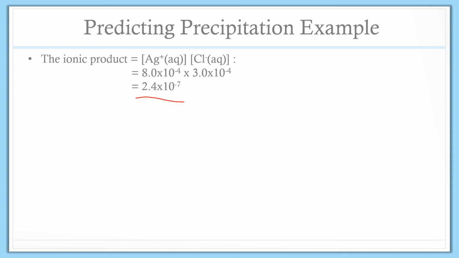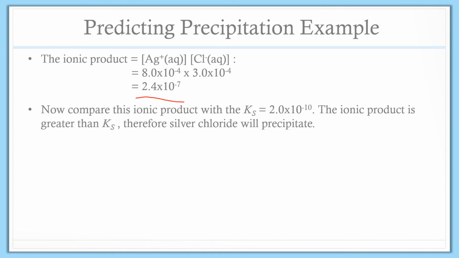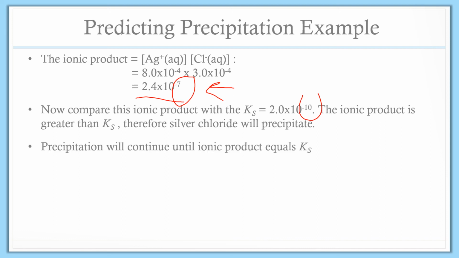Take that number there, compare it to the K sub S that we were given on the first slide, and we can see that the ionic product, the thing we just calculated, is greater than the K sub S, because this exponent here, 10 to the negative seventh, is a less negative number than that one. That means that this is bigger. That means that the ionic product is greater than K sub S, therefore silver chloride will precipitate, i.e. if we combine these things together, we will get silver chloride precipitating out of solution